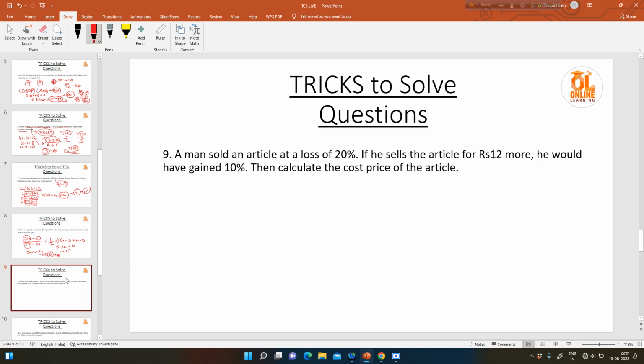A man sold an article at a loss of 20%. If he sells the article for rupees 12 more, he would have gained 10%. Then calculate the cost price of the article. Let us consider CP as rupees X. So how to find the selling price? We know selling price is equal to